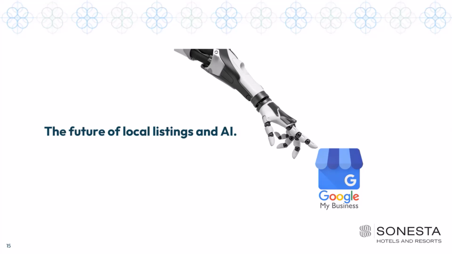So the AI will be able to scan those 60,000 listings that we have and come back and say, hey, we discovered that there is a listing that has a telephone number that doesn't match the other listings. Hey, we discovered that a Google My Business listing is missing amenities. So the AI is actually going to become almost like the de facto auditing bot for how we manage local